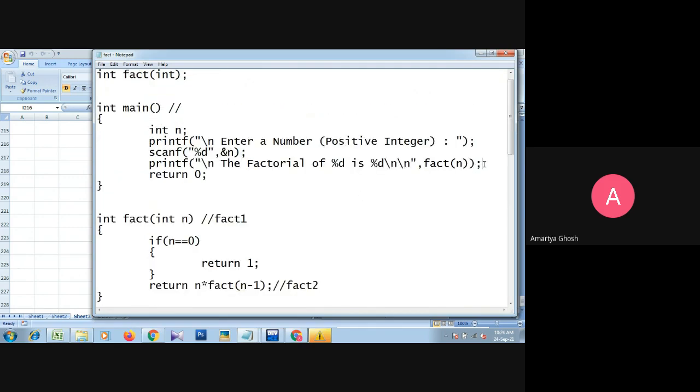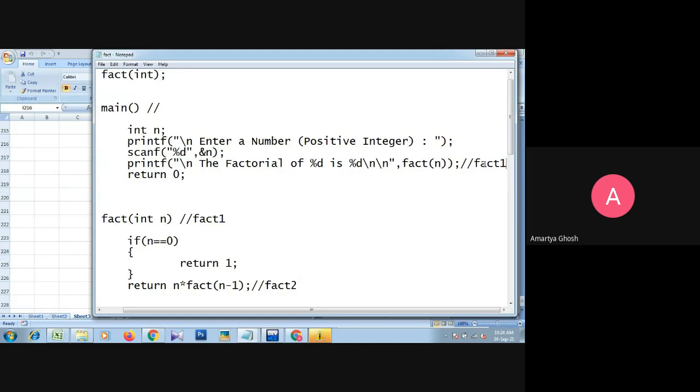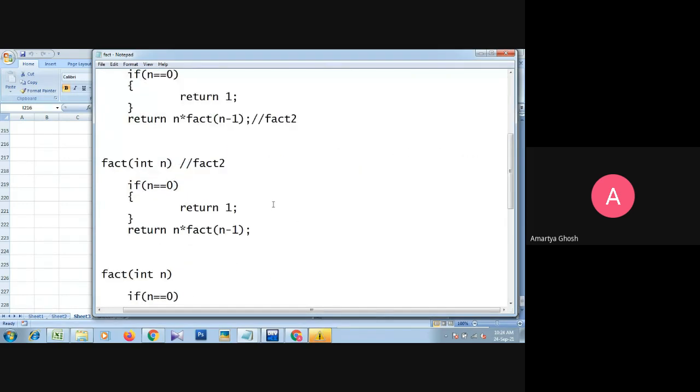Here we call fact 1, and this is the body of fact 1. Okay. Just to understand, we check it. So this is the body of fact 2, and within fact 2 we call fact 3.